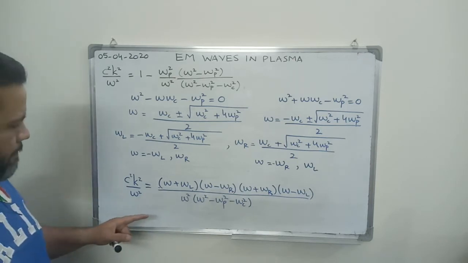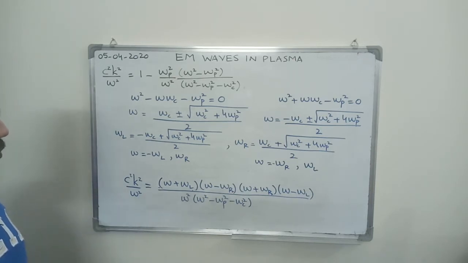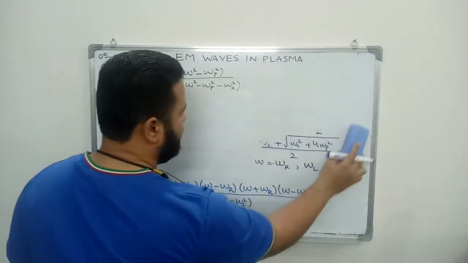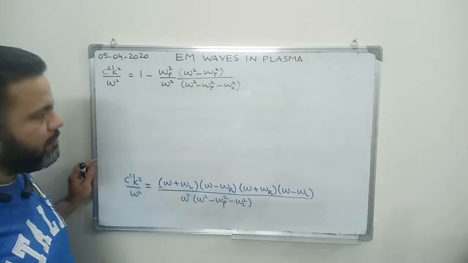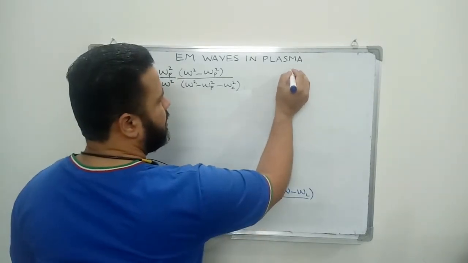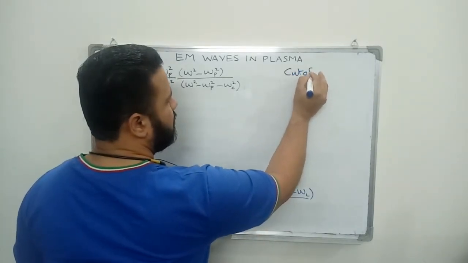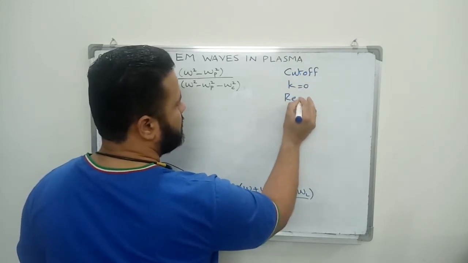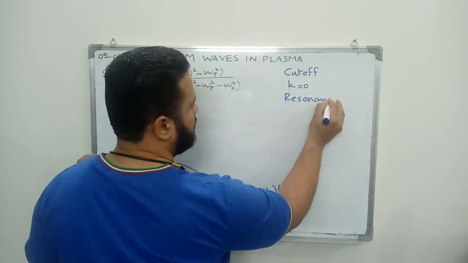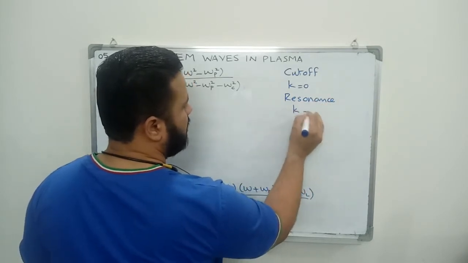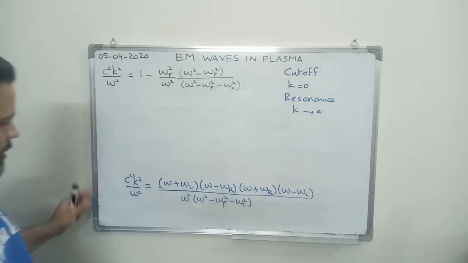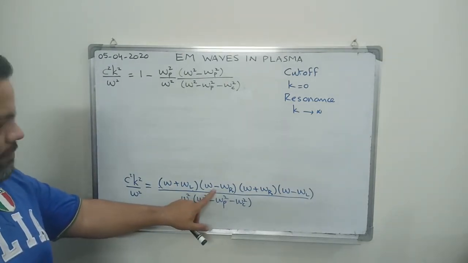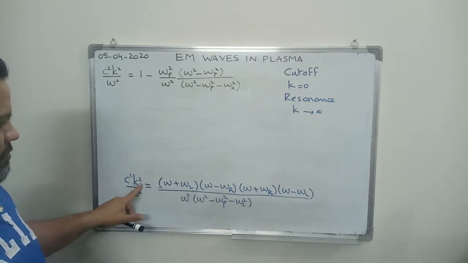Now here you can see that we have defined two terms, cutoffs and resonance. I'm writing it here. For cutoff we have k equals 0, and for resonance we have k infinity. So from here you can see that when omega equals omega r, we have this term